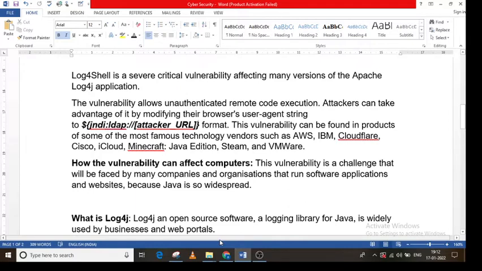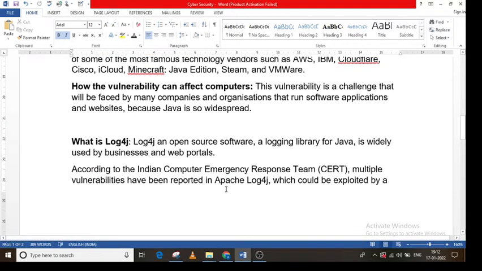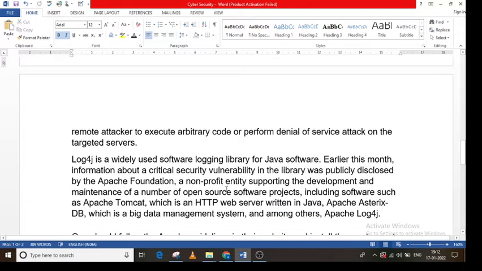It is basically a tool which logs the errors, events, alerts, and warnings of any server. According to CERT-In, the Indian Computer Emergency Response Team, multiple vulnerabilities have been reported in Apache Log4j which could be exploited by a remote attacker to execute arbitrary code, or a denial of service attack can be performed on the targeted server. DoS protection and anti-bot measures can be implemented.